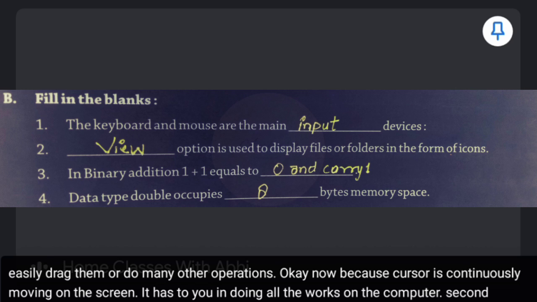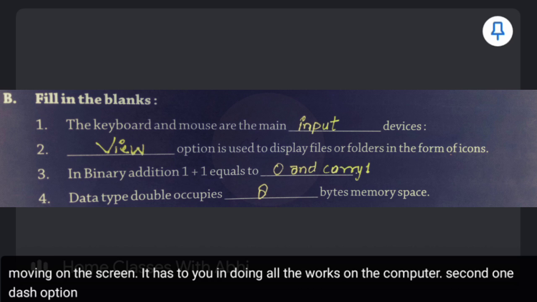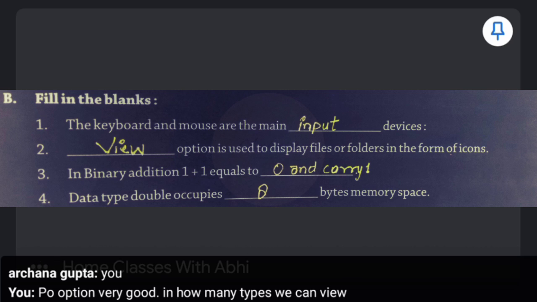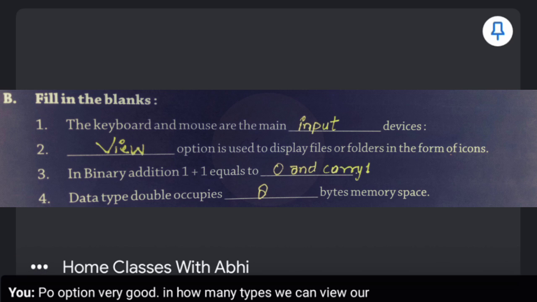Second one, dash option is used to display files or folders in the form of icons. View option, very good. In how many types can we view our folders?